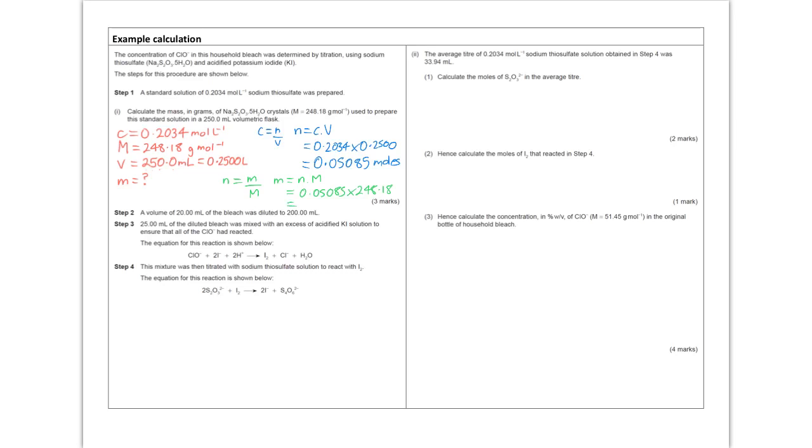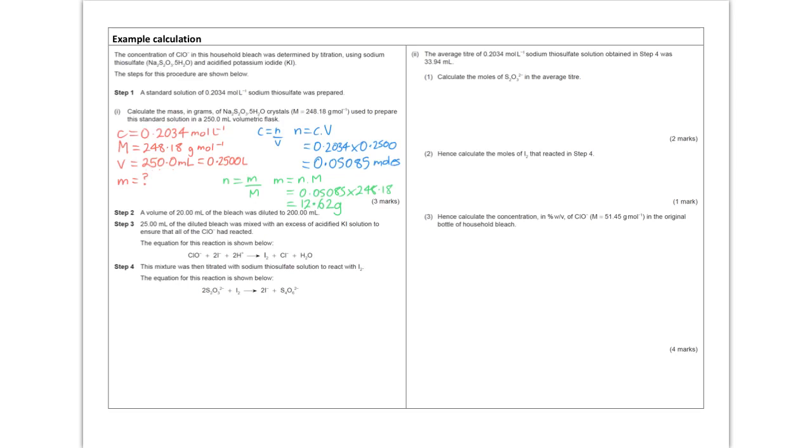And that, if we put it into our calculator, comes out to be 12.62 grams. If you're playing along at home, you do just need to round up that from 619 to 62